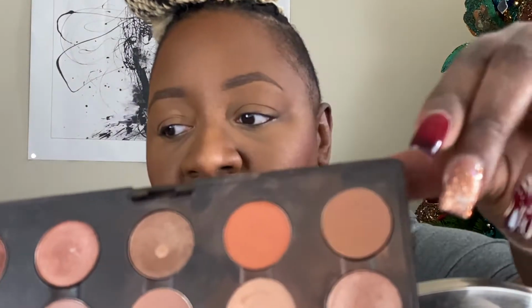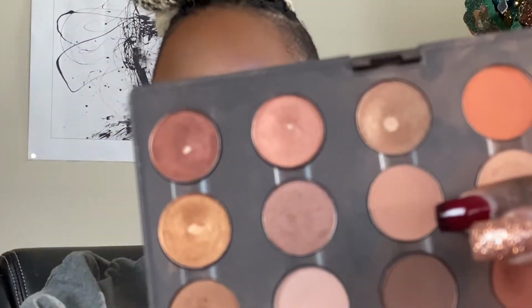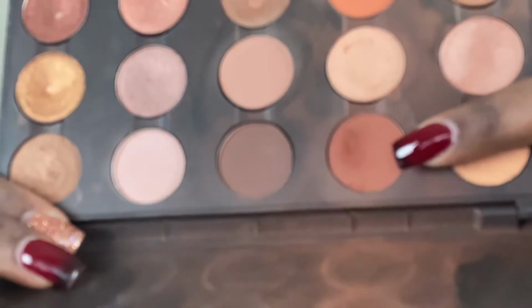Okay. So to start, I'm gonna take two eyeshadows from this palette. I'm gonna start with this one. This is called Saddle. And then I'm gonna mix it with this one here. And that's called Soft Brown, both by MAC. So for this look, it's important to build the depth in the outer corner of the eye. So to start that process, I am going to take this color right there, and I'm going to just dust that in the outer corner